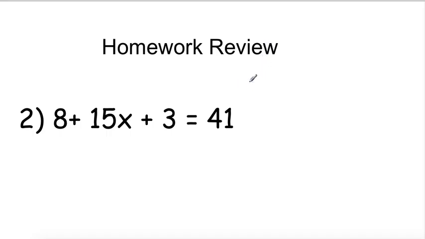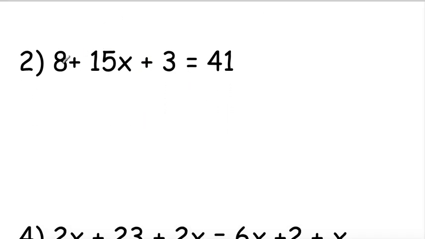So in these even numbered questions, what I want to do is find the value of x. That gives me 8 plus 15x plus 3x equals 41. Now the first thing I want to do is combine the like terms. I want to combine my two integers, and it's important to note that you cannot combine your x values, your coefficients, with your integers, because you want to again think of the x values as bags and coins. You can't combine bags and coins to get a certain number of bags. So all I'm going to be doing is combining 8 and 3. So I'm going to keep my 15x,